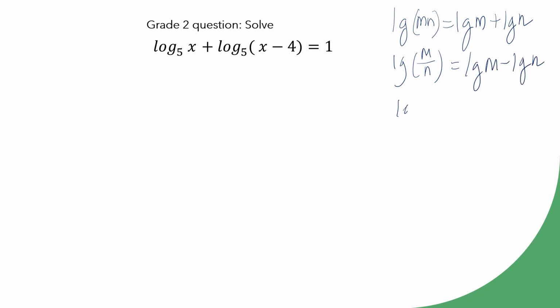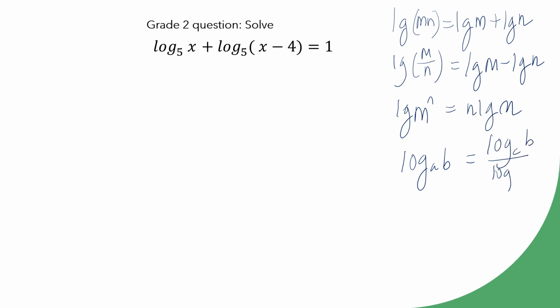Third one, if you have a power, you can just bring the power down. And then of course, we will have the change of base. Okay, so it's always good to write down all these laws, and then from there we see which one we